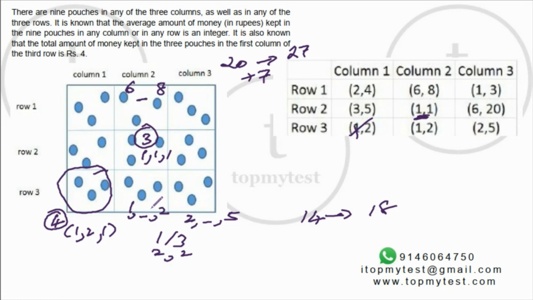If I put a 1 here, this should be 6. If I put 2 here, this should be 5. But 5 is not possible because the minimum is 6, which means this number should be 6 and this number should be 1. Right? If this number is 1, then this number should be 3. We have solved both the row as well as the column. So this is 4 total. This is 12 plus 8, 20 total. And this is 10 as a total.